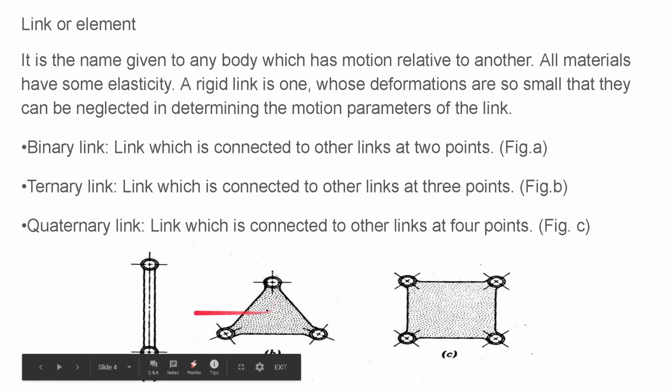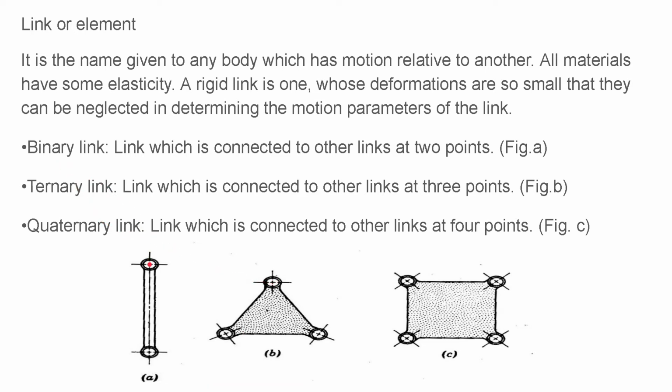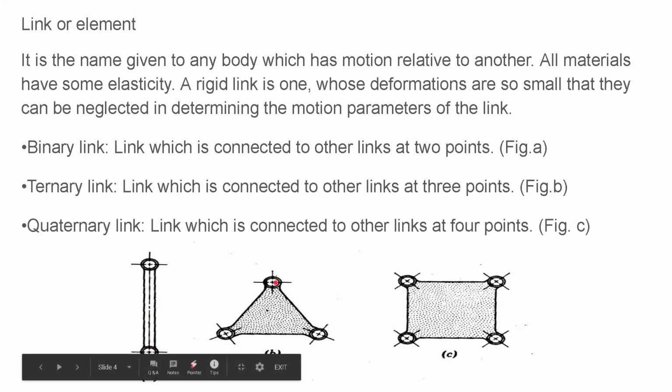So two points on a link cannot move relative to each other, but a link will move relative to another link. That's the definition. If this is not a solid, and if these points can move relative to each other, then this is not a single link. There we will have a number of links forming one relative motion. A binary link is connected to two other points, a tertiary link to three other points, and a quaternary link to four other points. Please be clear with the term link, and don't get confused otherwise.